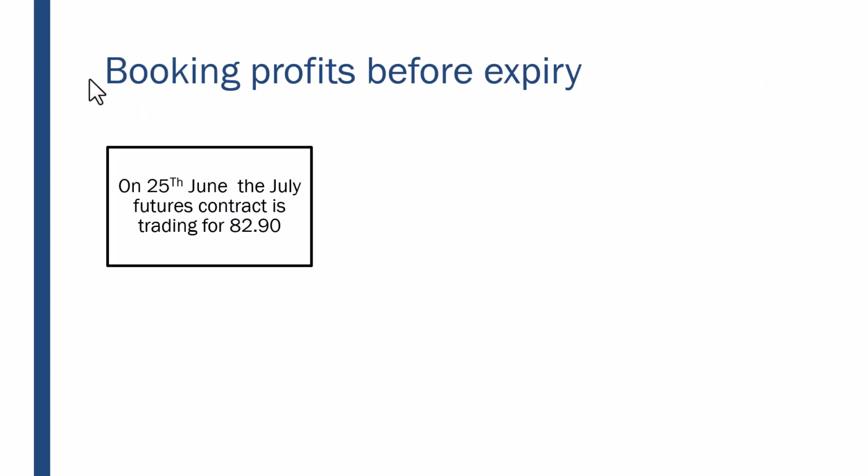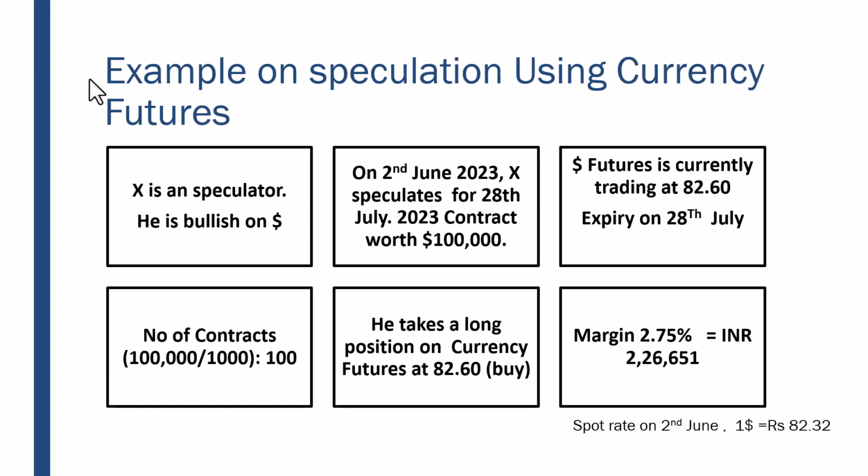Now the contract is going to end on 20th of July. Since you have bought dollars, you can close your transaction on or before 20th of July. Even if you want to exit the transaction, you can do it earlier. Even if you have a hedging position, you can do that. But a speculator would just be looking at the price of the dollar on a particular day and take a call on that day.